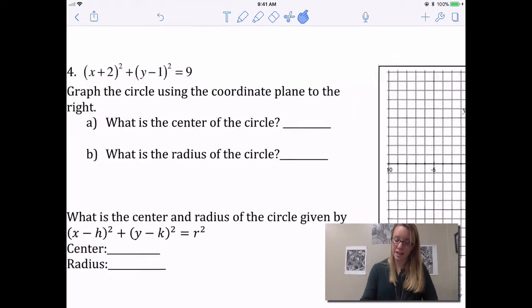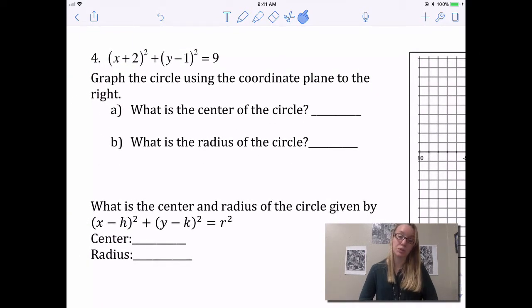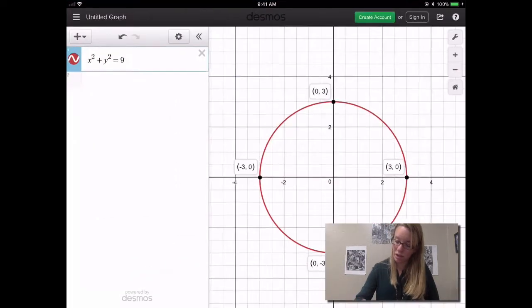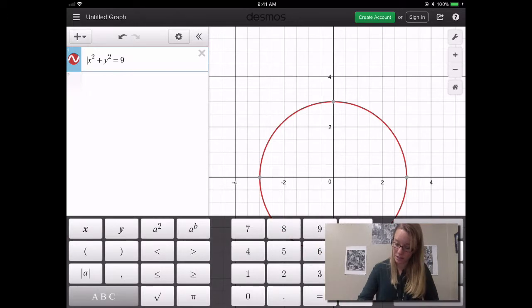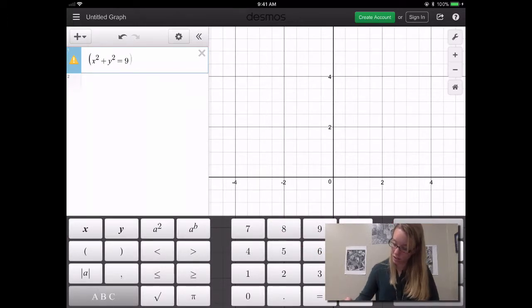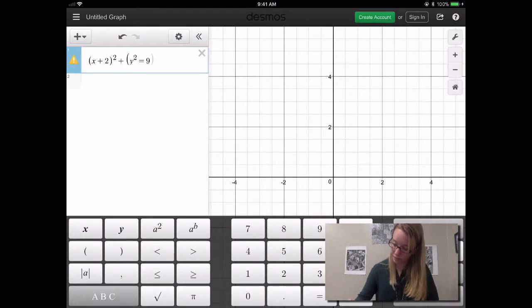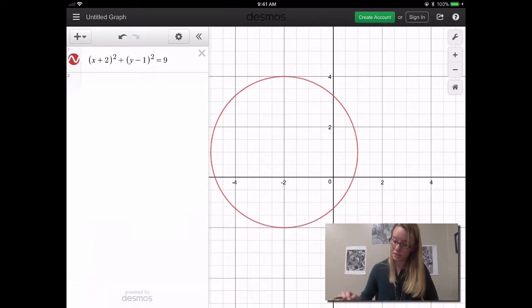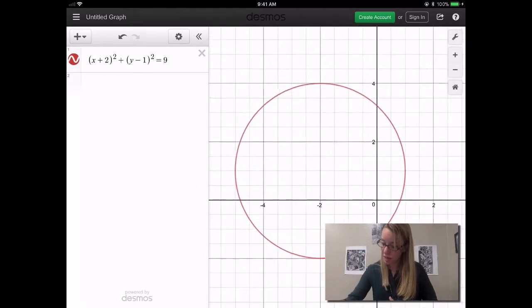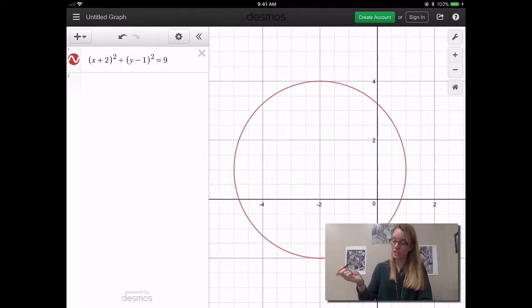And the next thing we have is x plus 2 squared plus y minus 1 squared equals 9. So I want to graph this. Let's go back to Desmos. I've now got x plus 2 parentheses squared, and then y minus 1 parentheses squared equals 9. So it still equals 9. So my radius is still going to be 3, but notice that I've moved over, it looks like to the